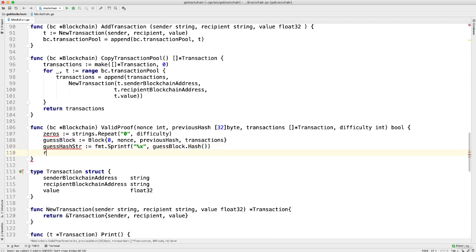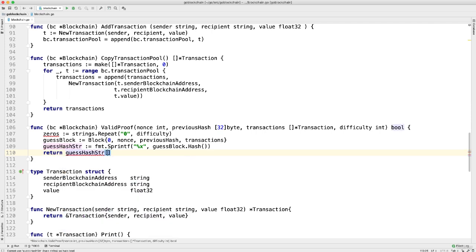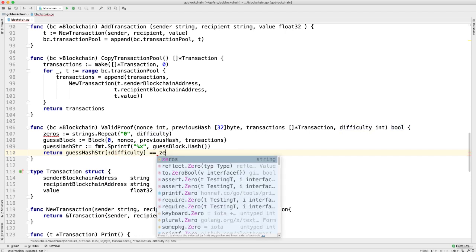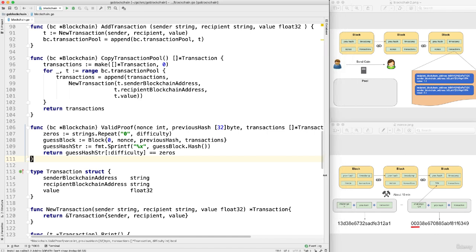We'll return as a string. Next we'll return guess hash str. We're looking at the leading 3 values, so we'll write out the 3 leading values and determine if those values are all zeros. We'll return it as a bool. We want to determine if the 3 leading values are zeros, and with this we've created a method that will